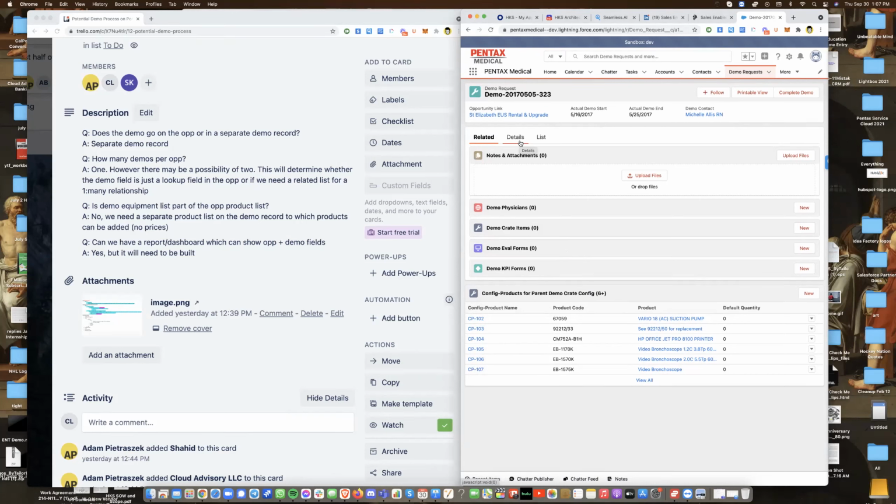From there, remember the ENT reps are kitted out with their own equipment, pretty much 90-some odd percent of the way. It's the offbeat chance that they're going to need something from Montvale. So the stuff that they are not in possession of would be the only things requested through Salesforce. So to have a list of equipment populating in this field that says config products for parent demo create,